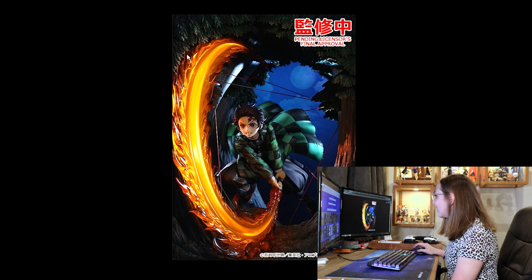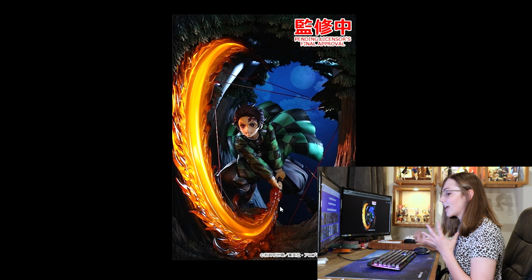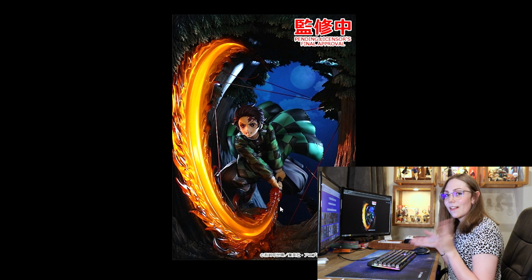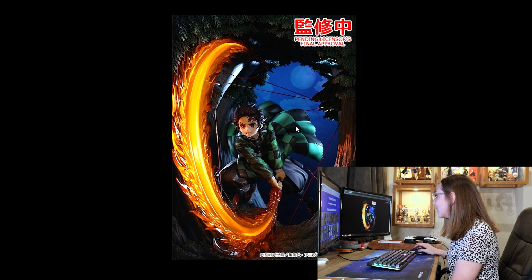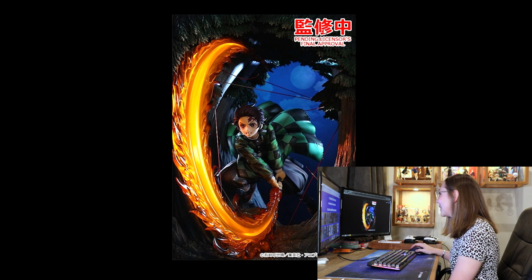So yeah, I love this effect piece. I do think it looks quite similar to a lot of other effect pieces, like the Aniplex one where he's slicing through the train with his Hinokami Kagura, but it doesn't look exactly the same, and I definitely think Tanjiro himself looks the best here. So I don't think it's the most original Tanjiro figure, but I do think it is the best face Tanjiro, and I really do like the originality of the diorama around him. I think that looks incredible, so I'm hoping that comes out and is not as pricey as it looks like it's going to be. Anyway,